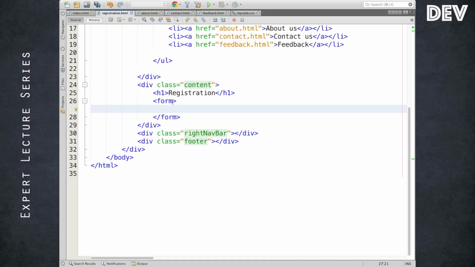So I'm going to use the form element to group my elements inside, because those are data the user will touch and modify, or the user may enter something and do something else with it, or the form has to be submitted when the user is done with the entire data entry.